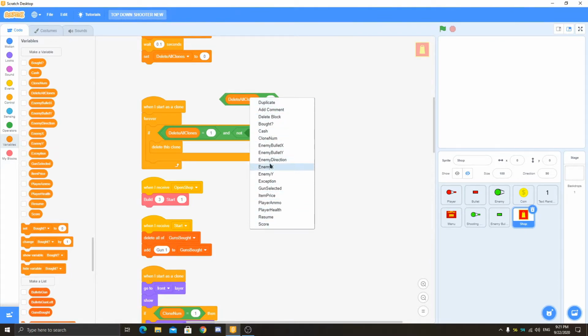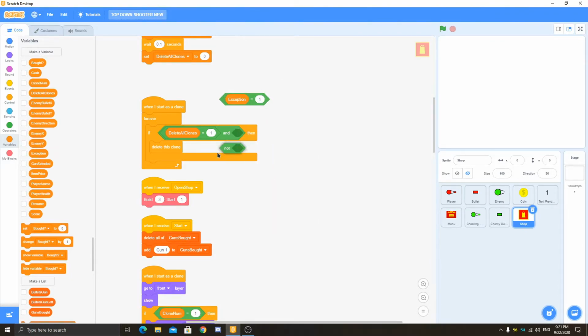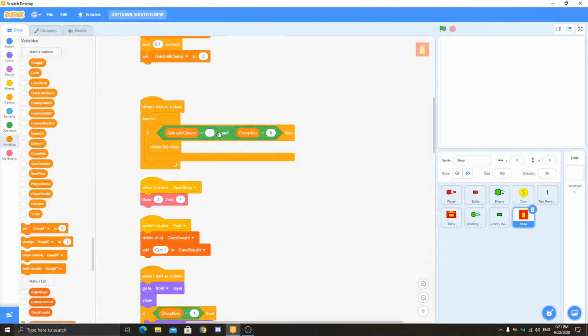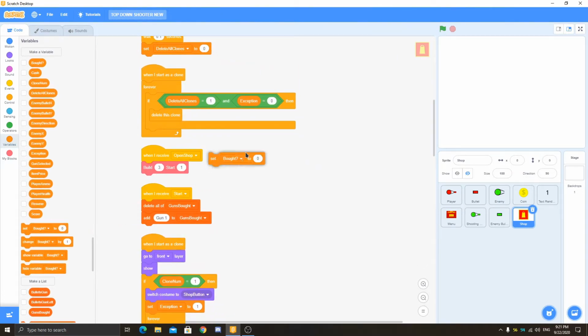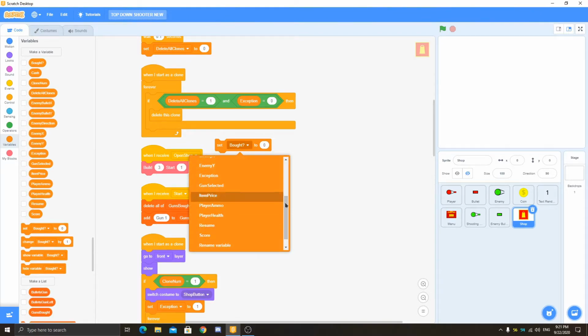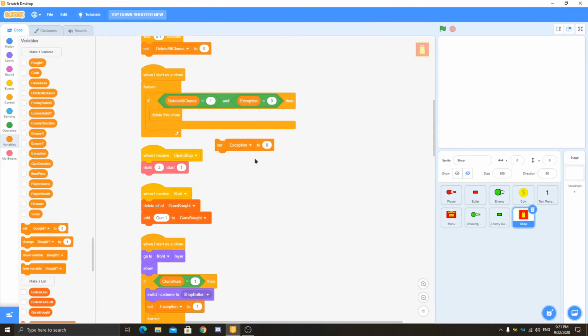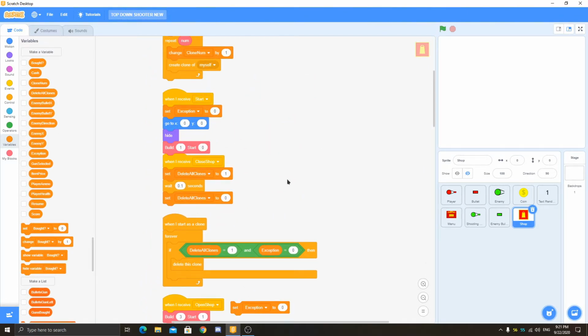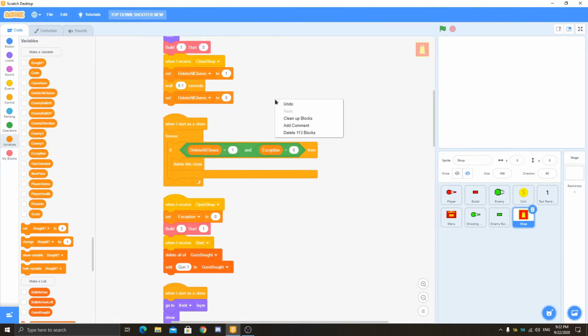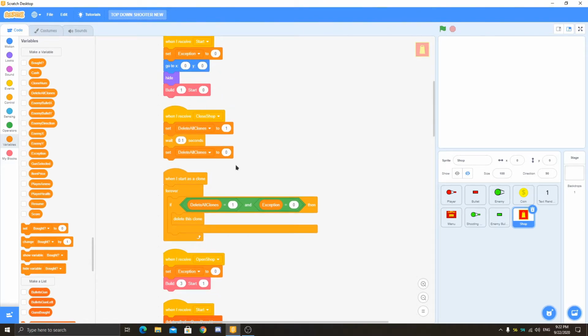And we can just put here exception is equal to 1, and you can remove this and put here exception is equal to 0. If it is not an exception, only then will it delete this clone. So to make this work better, you can just put here set exception to 0, so that it doesn't happen that every clone has exception 1 if we set it by mistake. You can just put it both here and here.